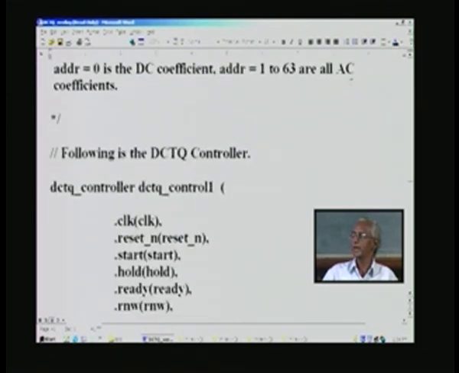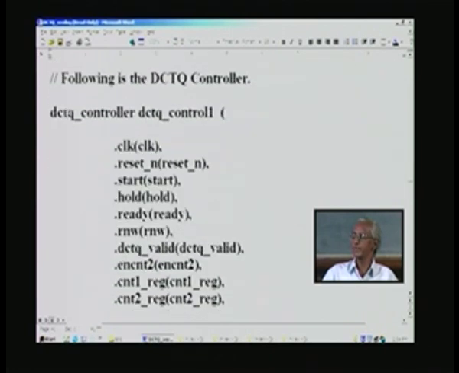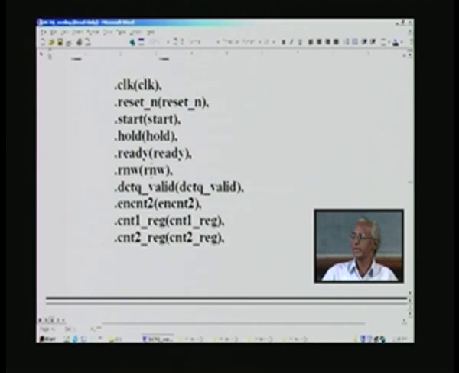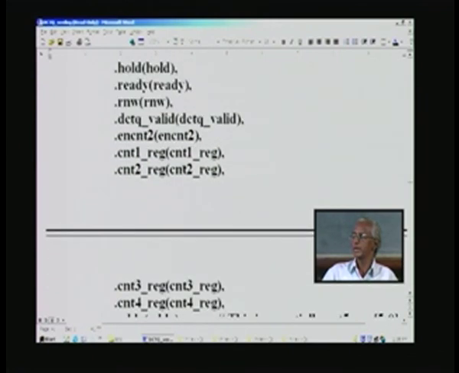Higher the order, higher the frequency. And finally, before ending this design, we have to invoke a controller, which we have seen the need for. It has various signals here, and when we take the details of the controller, we will describe all this. It is only once again we call by port names, and these are all start pins, etc. We have already seen R and W, and these are all the outputs generated by the controller, and different counters,